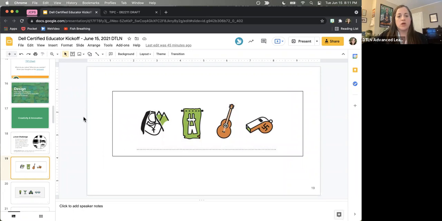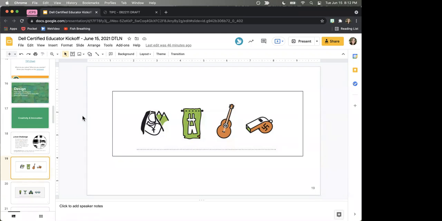You're back to me. And Rosalind, I don't know if you can see it, but if you see these 4 icons, the question is, which movie do these 4 icons come from? What is this story? Do you know? If you can't see right now, there is a nun with mountains behind her, a piece of cloth with overalls or something cut out of it, a guitar, and a whistle with a Nazi symbol on it. Anybody have a guess? Sorry, Sound of Music?